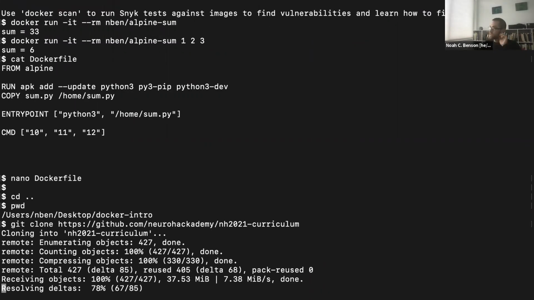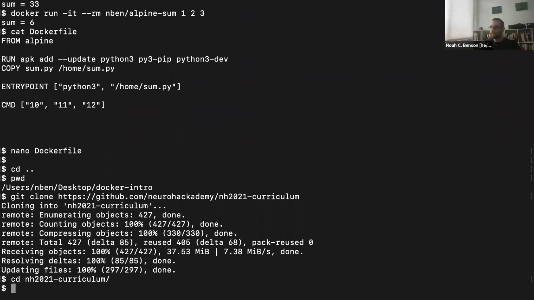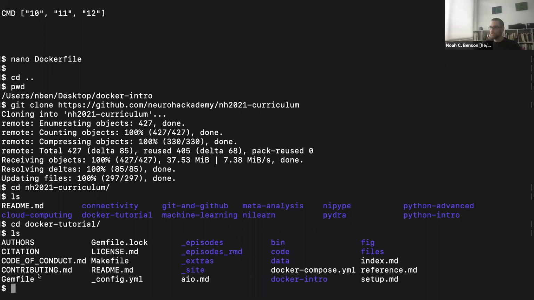I mentioned that it's actually quite easy to build these using Docker. So I'm going to go into that curriculum directory. In here, there is a Docker tutorial directory. And in here, you can see there's a bunch of stuff, including a docker-compose.yaml file. This is a file that tells Docker Compose what to do, and we didn't get to talking about these files, but when you see one of these, it's usually a sign that you can use the Docker Compose command, and the simplest version of that is just docker compose up,